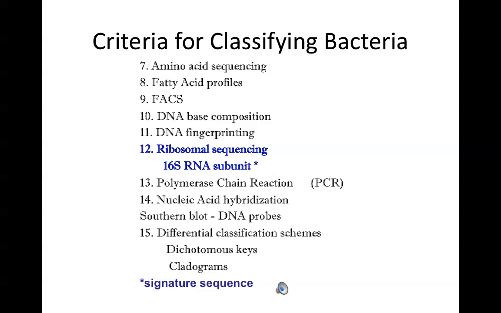Of all of these items on our list of criteria for classifying bacteria, the one that's currently used as sort of the ultimate determination of unique species is the sequence of the RNA subunit of the ribosome called the 16S RNA subunit. There are specific institutions and agencies all over the world that's what they do. We send them samples of what we think is a new species, and they look at the 16S RNA subunit, which is a unique little piece of a structure that we call a ribosome, and then those agencies help to determine, is this a unique structure? Do we really have a true new species of discovery?